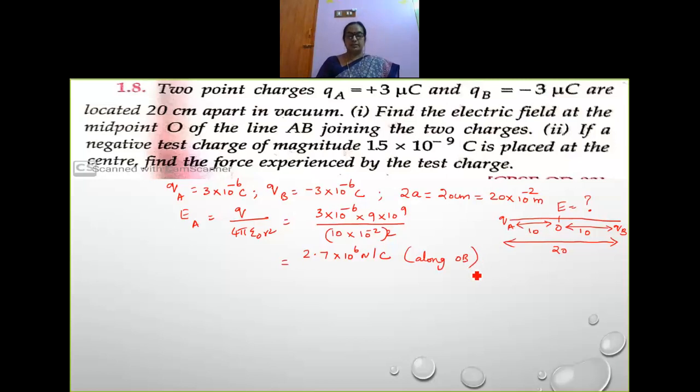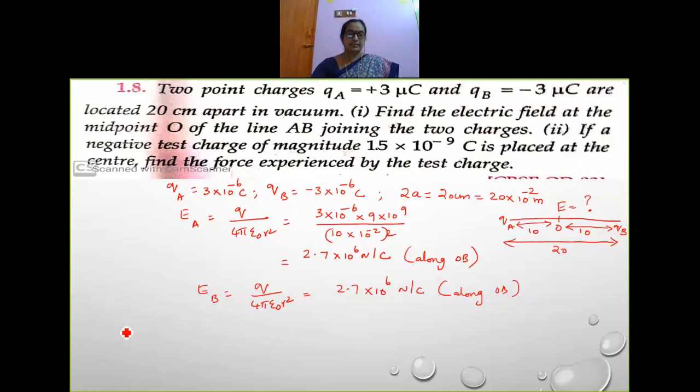Okay, right. Now next, the electric field due to minus Q, again you will have the same value here, Q by 4 pi, because you are going to take only the magnitude for substitution. So when I substitute, I have the same value here. Work it out and see, children. So it is 10 power 6 Newton per Coulomb, and here the direction is along, again, OB. So what will be the total electric field here?